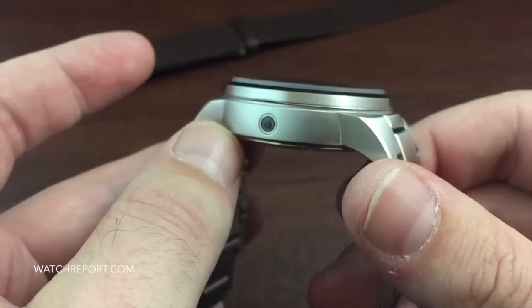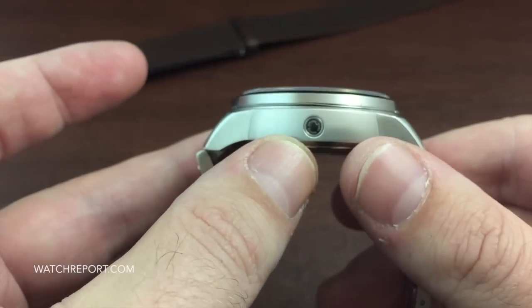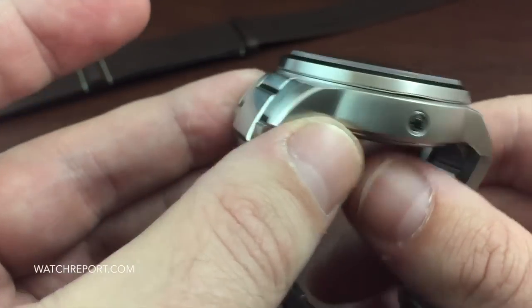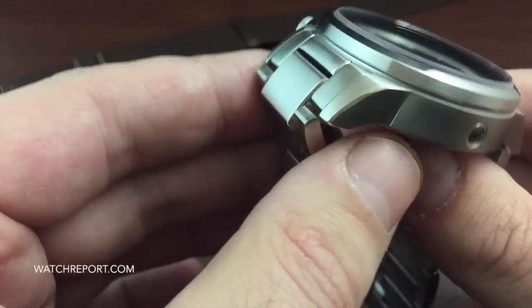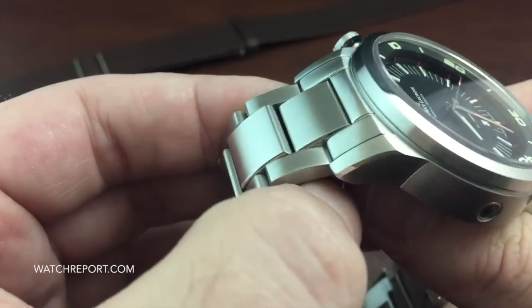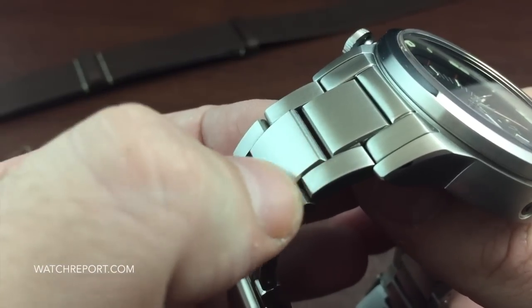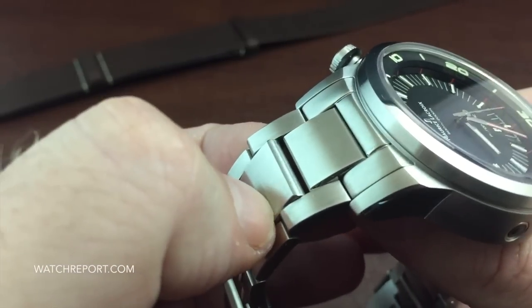I want to call it a tool diver. The majority of it is brushed. You do have your helium release valve here on the 9 o'clock side of the case. As you can see, the majority of this watch is brushed. You have accents of high polished here on the bevels of the inner links of the bracelet,